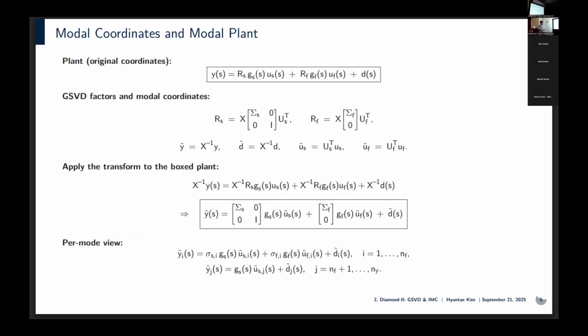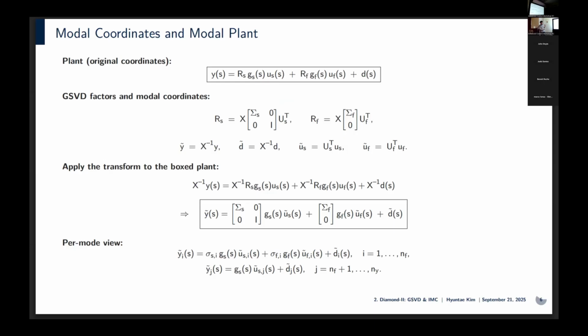Then we do the GSVD for this system, and we define the modal transform as y tilde as X inverse y, and d tilde as X inverse d, and Us tilde and Uf tilde as the SVD. Then we multiply X inverse to both terms, and we get y tilde equal to sigma_s Gs Us tilde plus sigma_f0 Gf Uf tilde plus d tilde, which means that if you see this system per row,